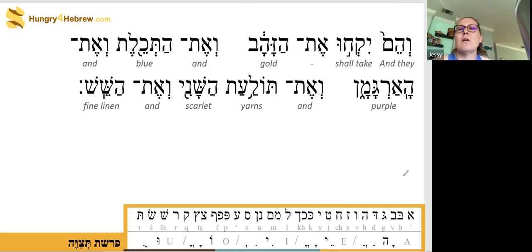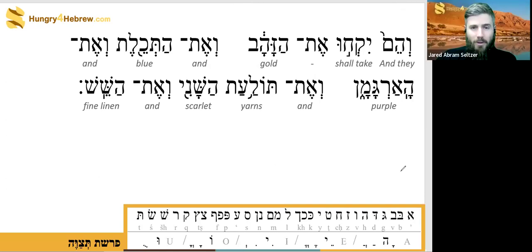Okay, so there you get a whole bunch of vocabulary on the materials that make these textiles. Vehem yikhu et hazahav